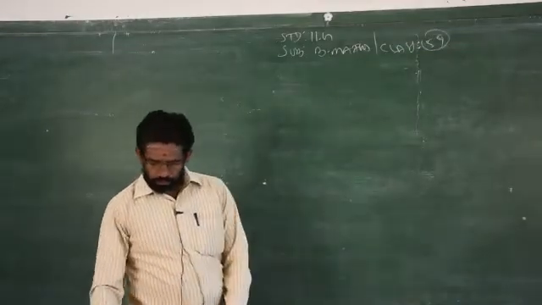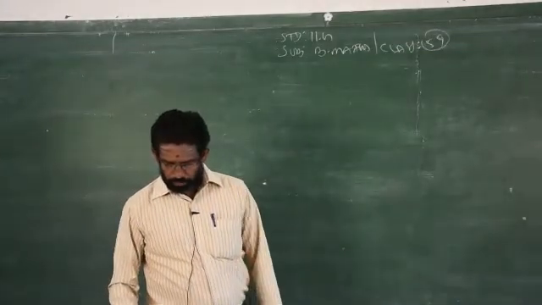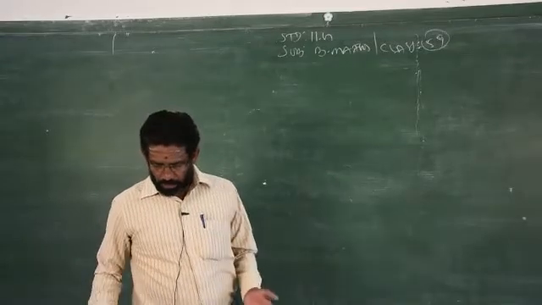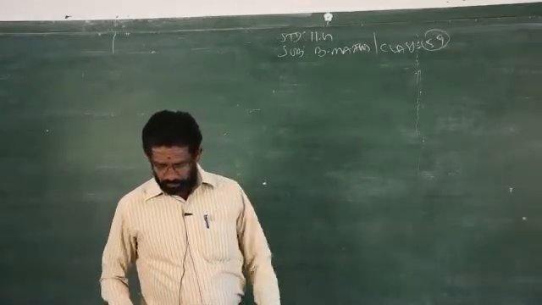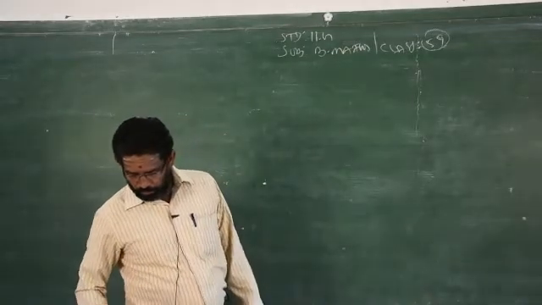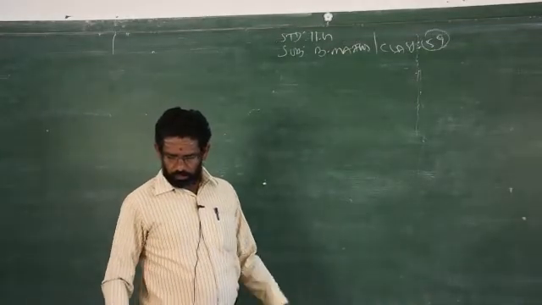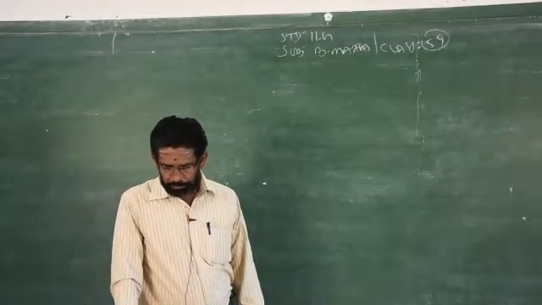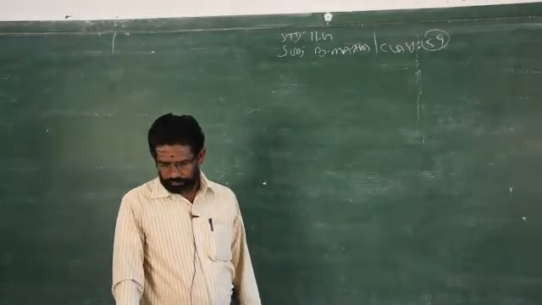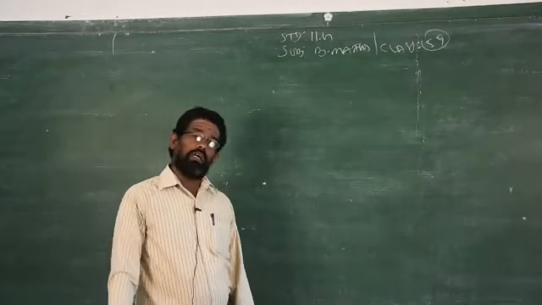Sum number 12. 10 cards numbered from 1 to 10 are placed in the box, mixed up thoroughly, and then one card is drawn randomly. If it is known that the number on the drawn card is more than 4, what is the probability that it is an even number? So now you have to use the conditional probability.